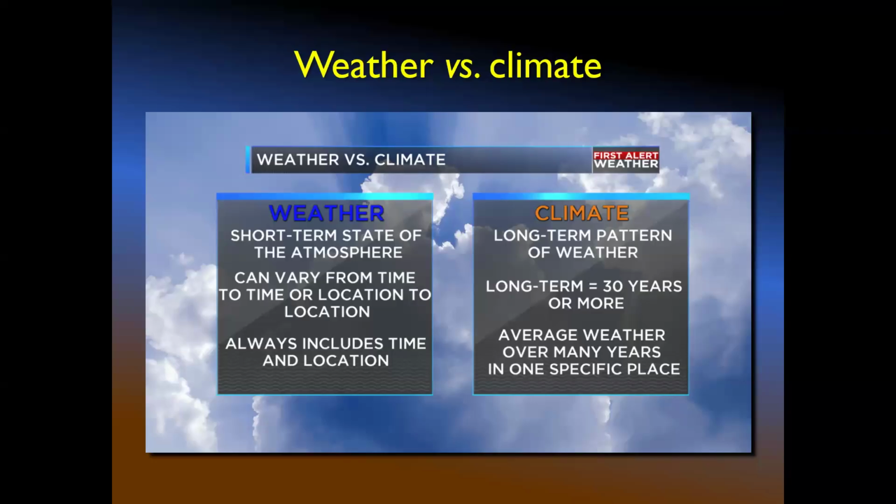It's not getting down to nitty-gritty specifics like weather does, where you say the high is going to be 45 degrees and the low is going to be 12 degrees or something like that. It's not that specific. I can't tell you that August 4th, 2047, it's going to be 112 degrees as the high. There's nobody who can make a prediction like that. But I can tell you, and we'll talk about this in a future lecture, that it's possible that in that year, on average, August might be warmer than August next year.